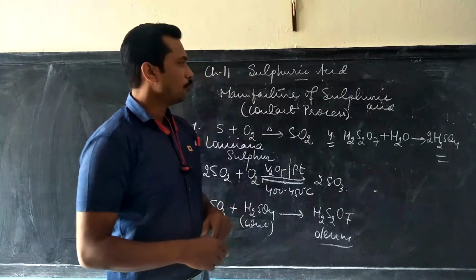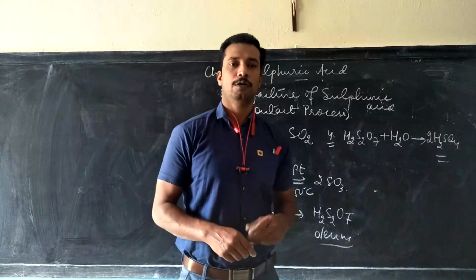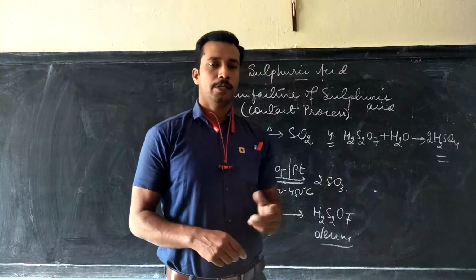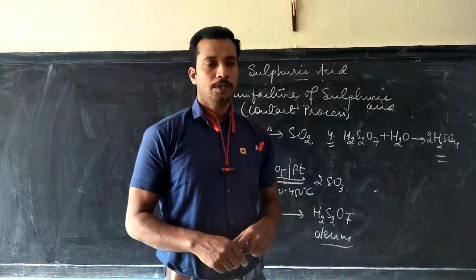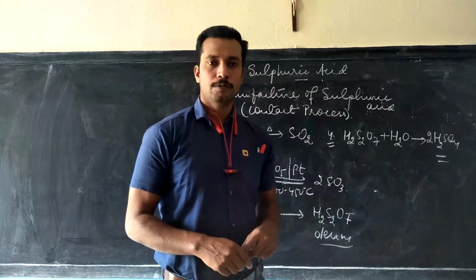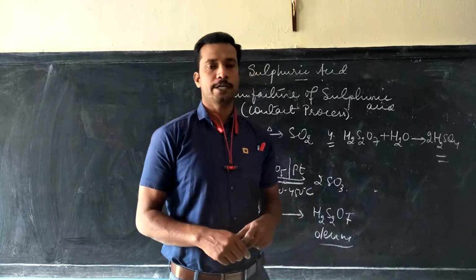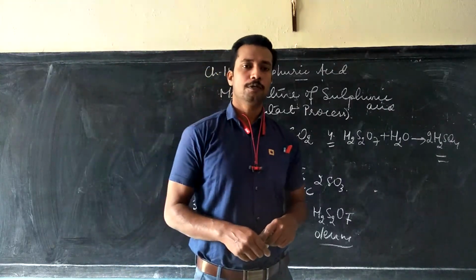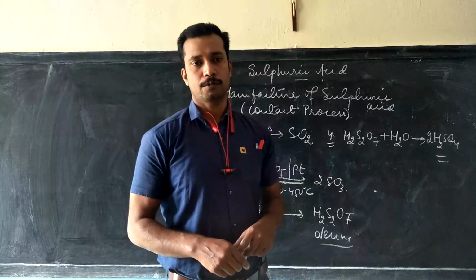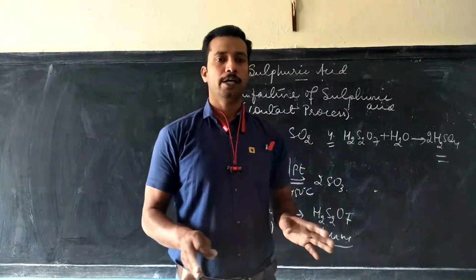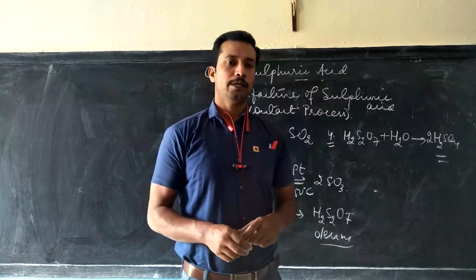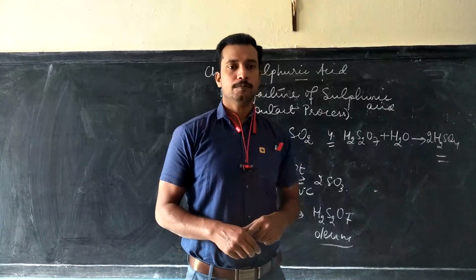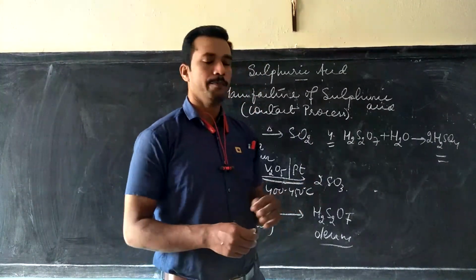You should also know one thing here, that sulfuric acid is called king of chemicals. It is also known by the name oil of vitriol. It is called king of chemical because almost in all the industries or in large number of industries, sulfuric acid is used to manufacture different compounds or different materials. No other chemicals used in the industries are as much as sulfuric acid, and this is the reason why it is called king of chemicals.